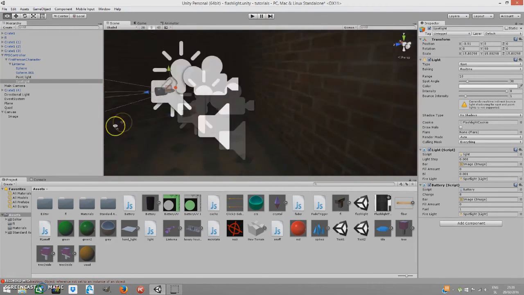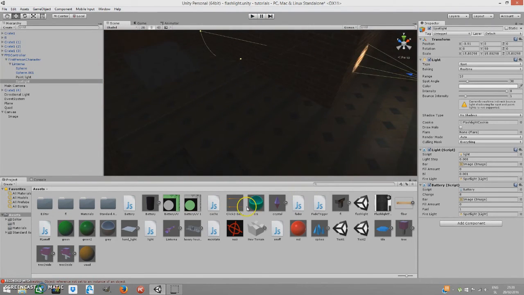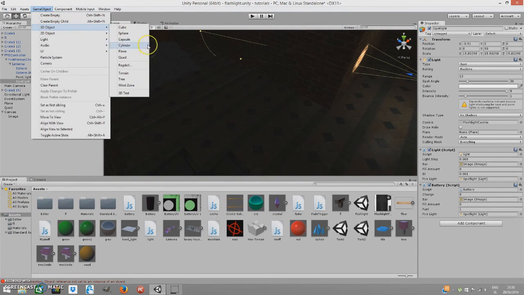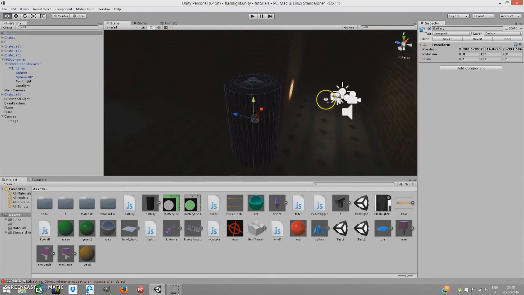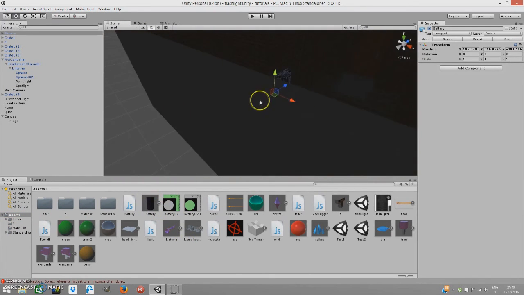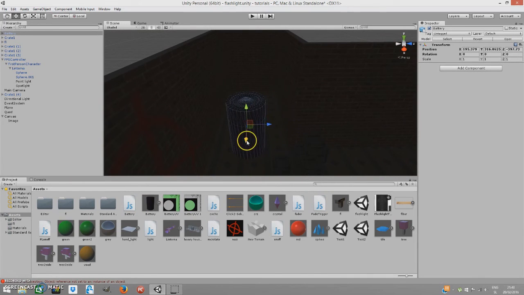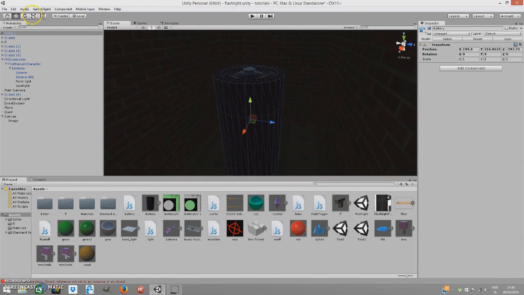Okay, so now let's create our battery object. I'll just add an object. You can create a cube or anything. Just go to game object, 3D object, any kind of solid object over here, but I'll just add my battery object, which is over here. If you have one, you can add it. I'll be including this as a download if you want, but it's very simple to make. I made it in Blender, just basic UV mapping skills and modeling skills, nothing fancy. I'll just add it here, place it over here maybe,